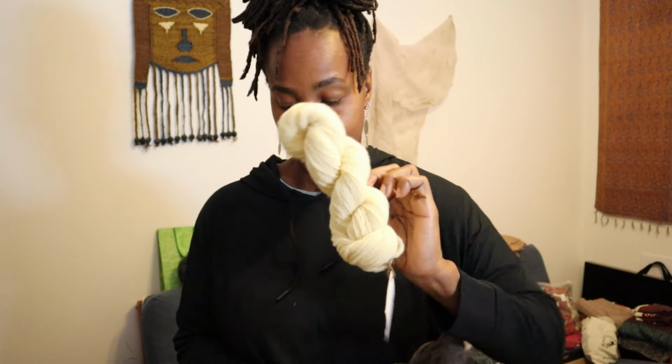Plying it up, I wanted as many yards of this as possible, so I went with a 2-ply. This color wanted more of a worsted spin, so it was also really easy to draft, but it was a little, it's hard to describe, but the point is feeling the fiber and kind of allowing it to